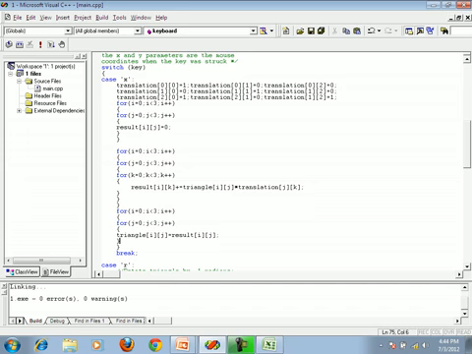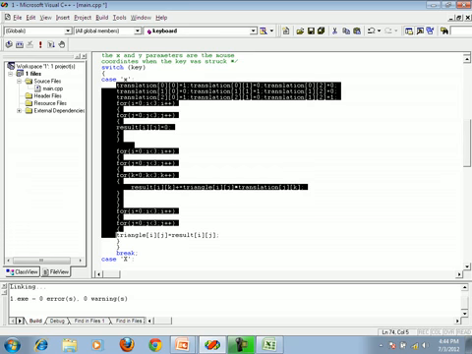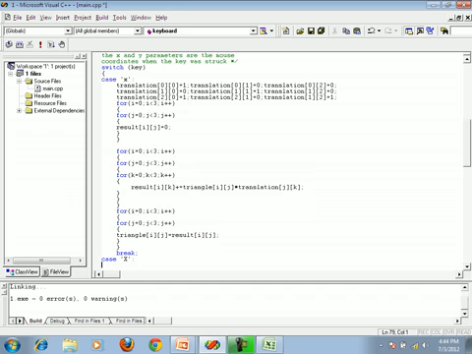Now let's take another one, case y. I'm taking case capital X, and here what I'm doing is I'm translating again, but this time I'm putting tx as -1, means I'm translating it towards the negative side.